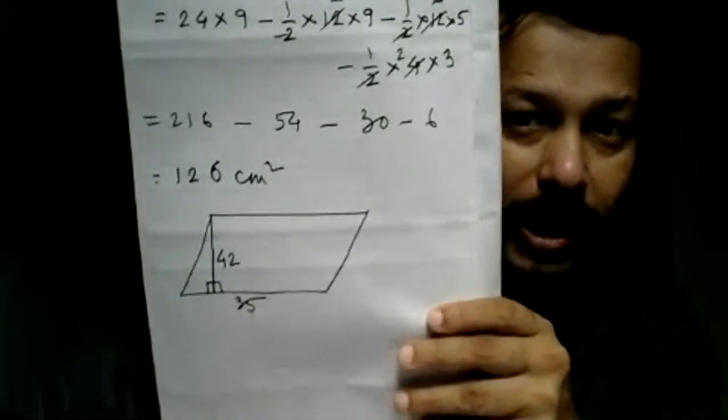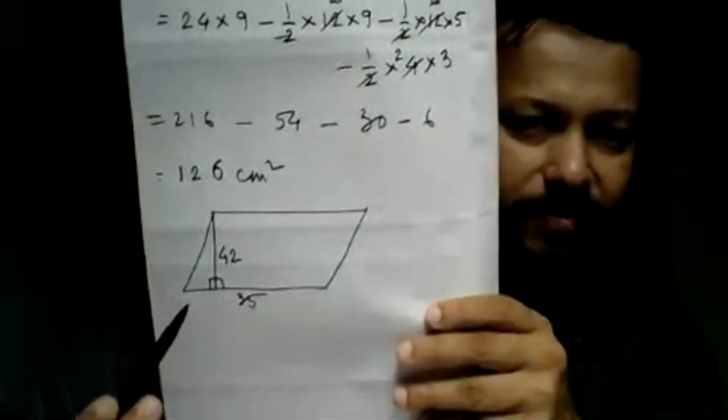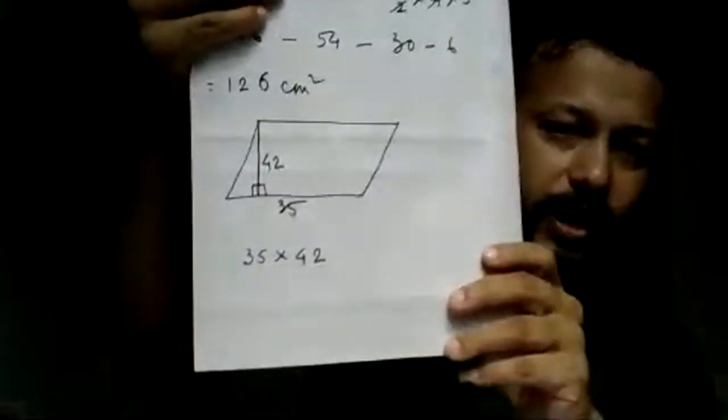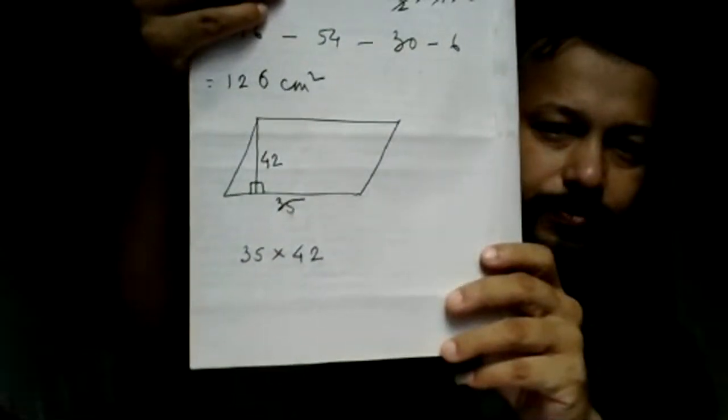Area will be base into height. Base is 35 and height is 42. So what is the area? Area is base into height. Understood? Now, base into height is done. Now, it's given that if the other altitude is 30, other altitude means